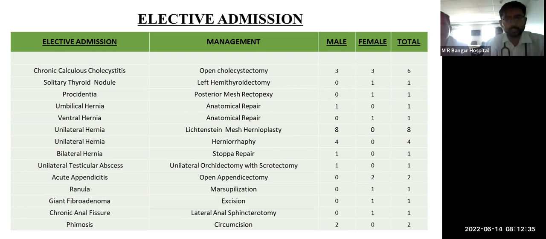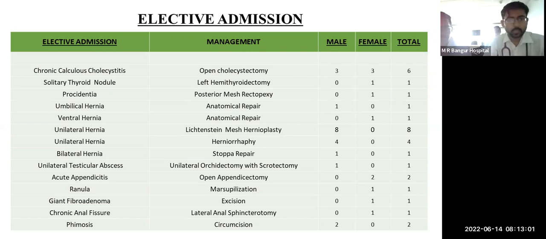There was 1 case of rectal prolapse who underwent posterior mesh rectopexy. 1 case of umbilical hernia who underwent anatomical repair. We had a total of 12 cases of unilateral hernia and 1 case of bilateral hernia. Among the unilateral hernia cases, 8 underwent Lichtenstein mesh hernioplasty and 4 underwent herniorrhaphy, whereas the bilateral hernia patient underwent